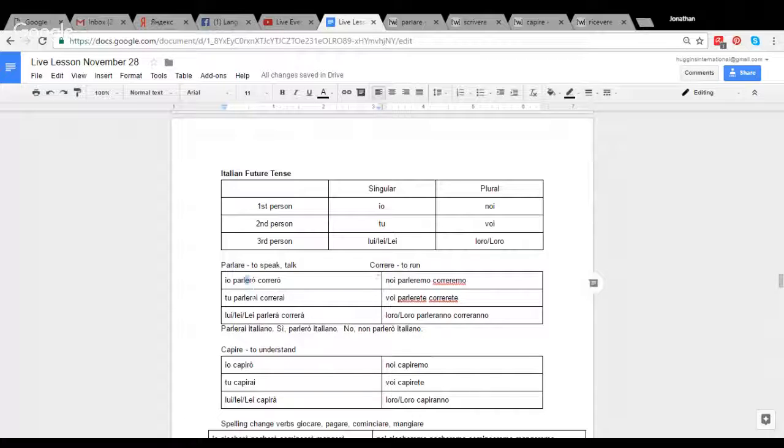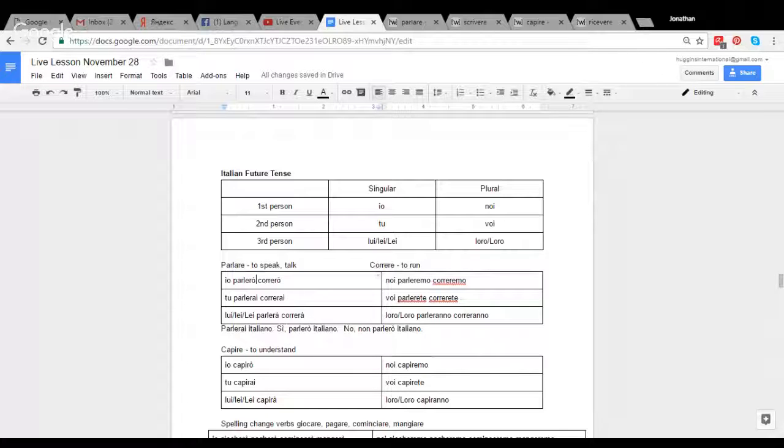And then after the e, you have E-R-O with the accent, the backwards accent. This will also work for the other group, the E-R-E ending, that also keeps the E. So for A-R-E verbs and E-R-E verbs, you have this E-R, and then you add this next part, the O,